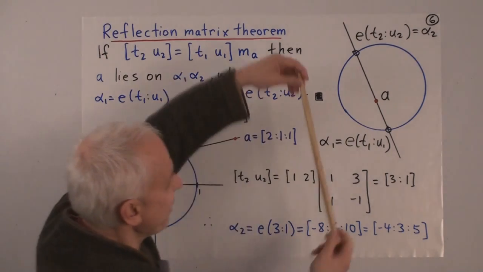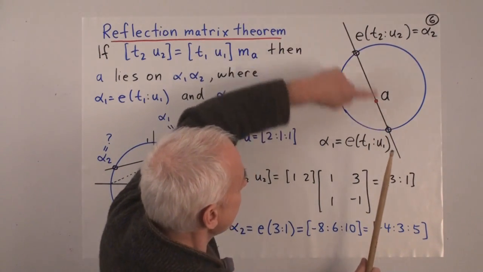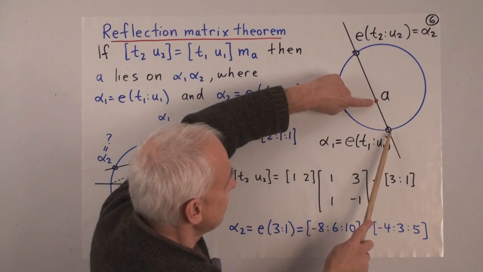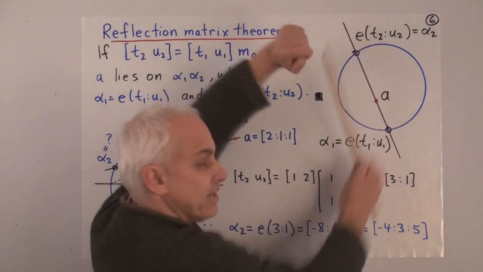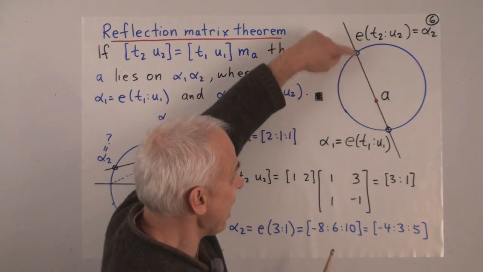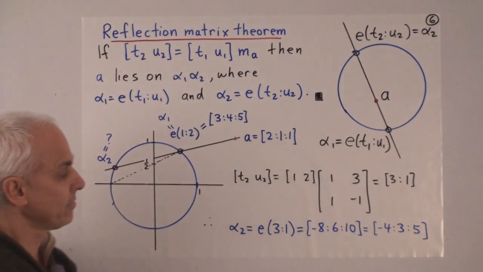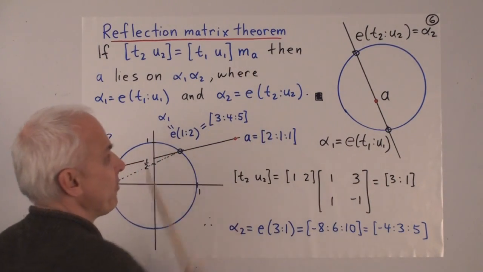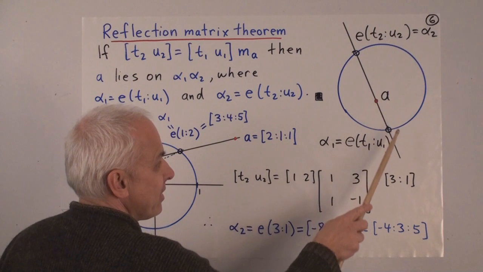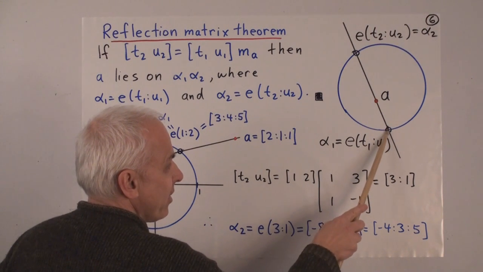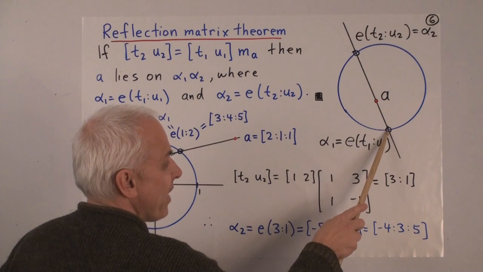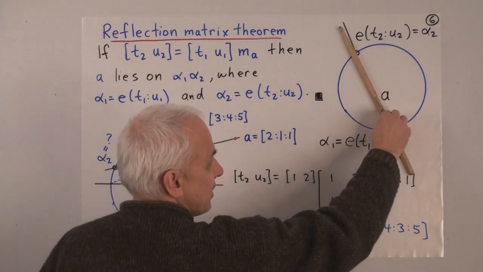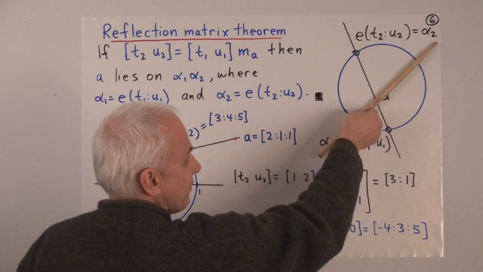This is another way of saying that if we have these two null points, alpha 1 and alpha 2, then the reflection in A sends this point to this point, provided that these 3 points are collinear, provided that A actually lies on the line joining those 2 points. Well, this is the crucial picture telling us what the role of this matrix A is. The matrix A tells us how to go from this coordinate of that null point to this coordinate of that null point. And it works not just for this pair, but for any pair of null points.